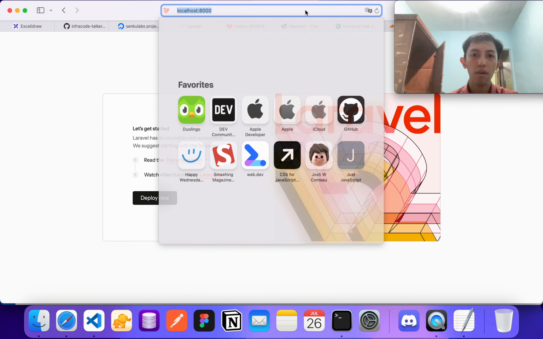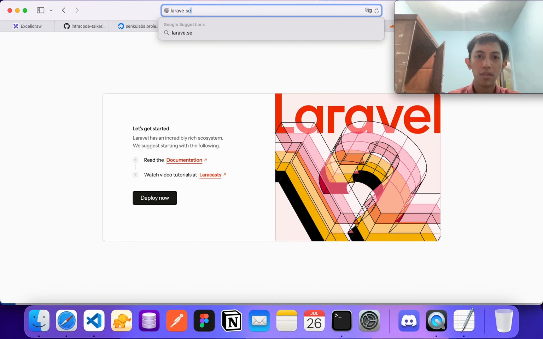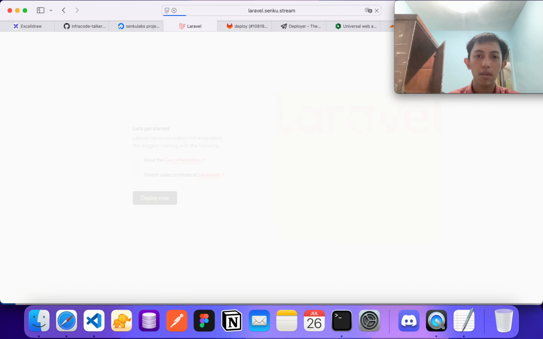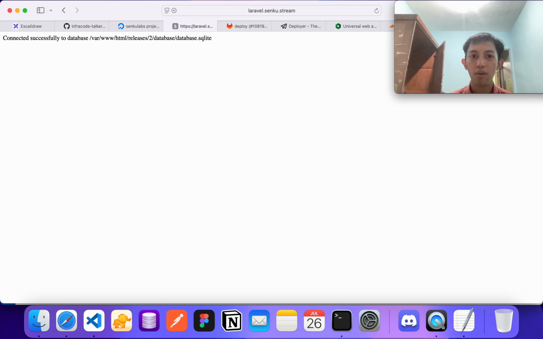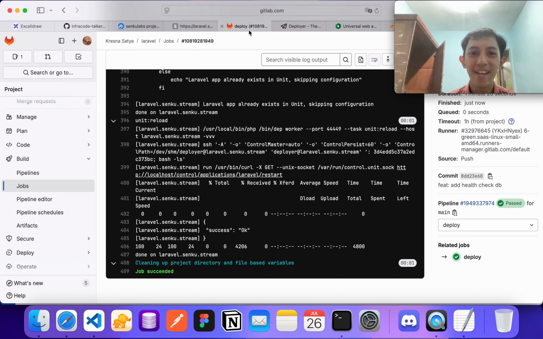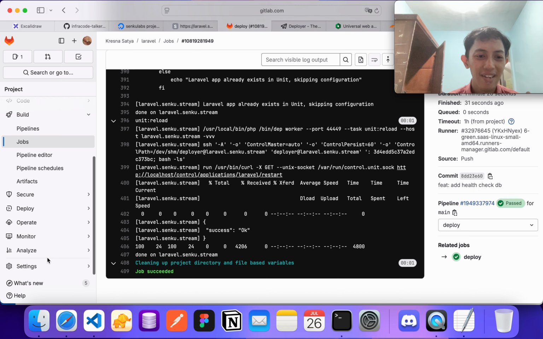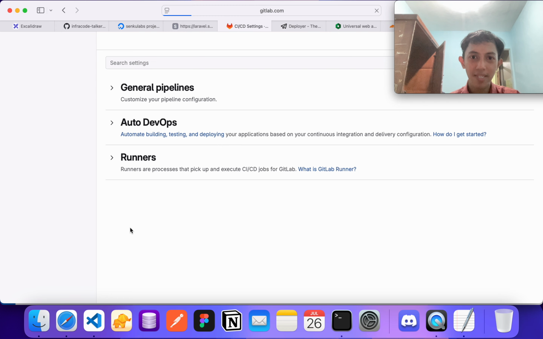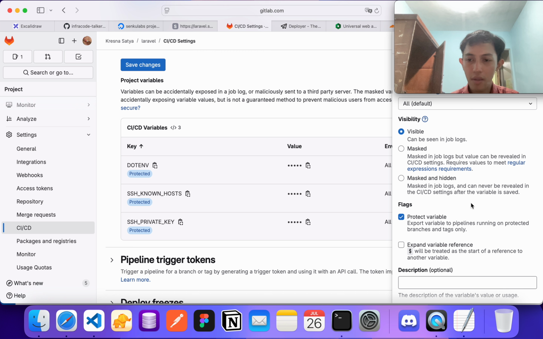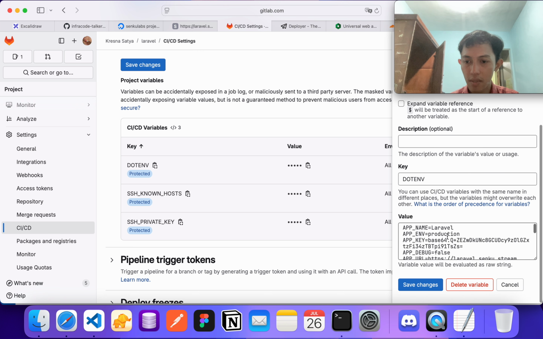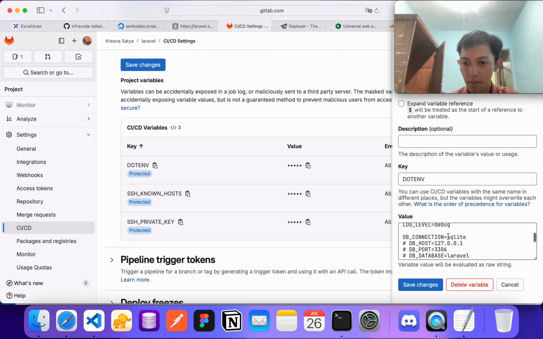Let's check the moment of truth by running laravel.sendCoString. It's still the same, but let's check. Is that route called helpdb? Yes, of course. It's already successfully connected. Okay, because I'm using SQLite, I need to adjust CI/CD here. So let's adjust the variable here. I will replace it with this one,